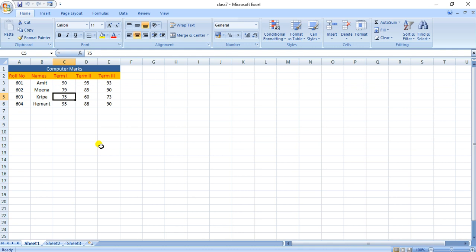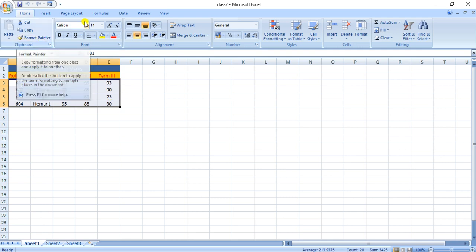What do you mean by single column sorting? To sort the data on the basis of single column is known as single column sorting. So today we are going to sort text values. To sort data using text value, you have to first select the cell range where you wish to sort the data. So suppose I am going to select my range from A3 up to E6. So I have selected my range where I wish to sort my data.